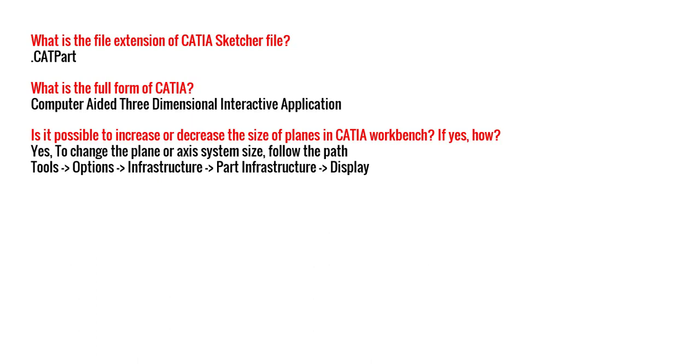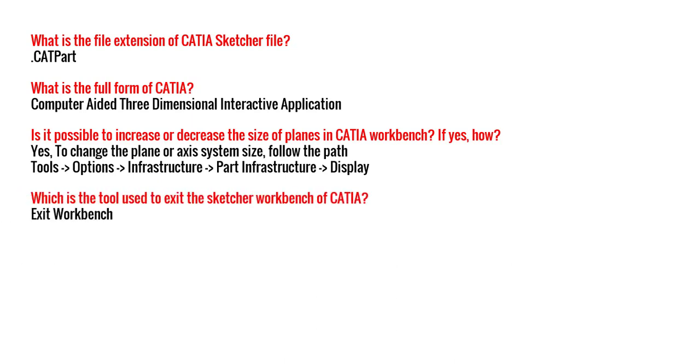What we do is we make the changes in the size of the axis system or plane just for our feasibility, so that it would be easy for us to make the required selections. It would be easy for us to select those planes, those curves, the axes. That's why we make the changes in the size of the plane or the axis system, just the visualization size.